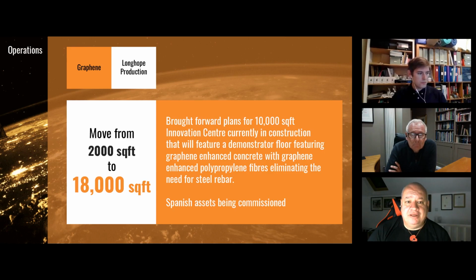We have now 2 shifts running in order to sweat the assets that we have as best we can. That fluctuates depending on demand and also the supply of materials. As I said to you previously, this is not an easy time to run a business at the moment. We do see issues with the supply chain occasionally, issues with delivery both in and out of factories, but they're kind of problems that we have to overcome.